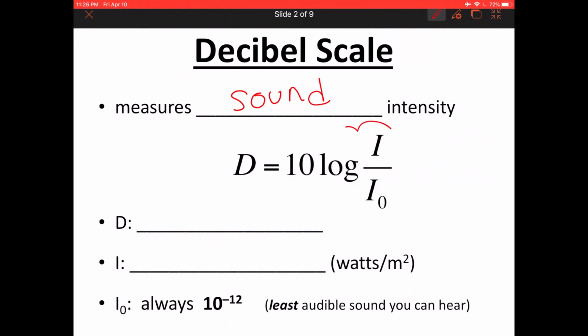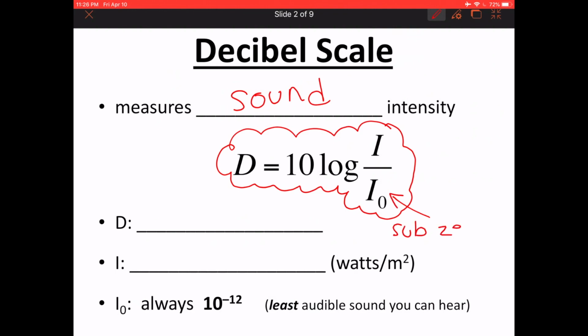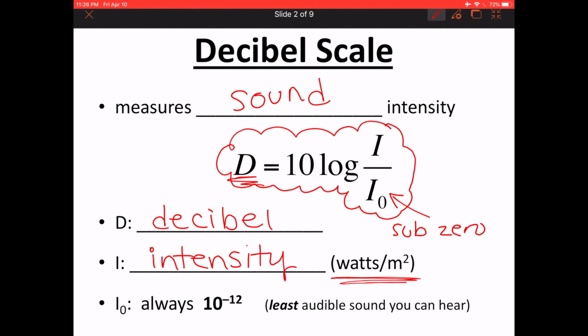Now, here is our formula. D equals 10 times log of I over I sub 0. That's how we read that notation. We say sub 0. Now, the letter D stands for decibel, of course. The letter I stands for the intensity of the sound, and the intensity of the sound is measured in watts